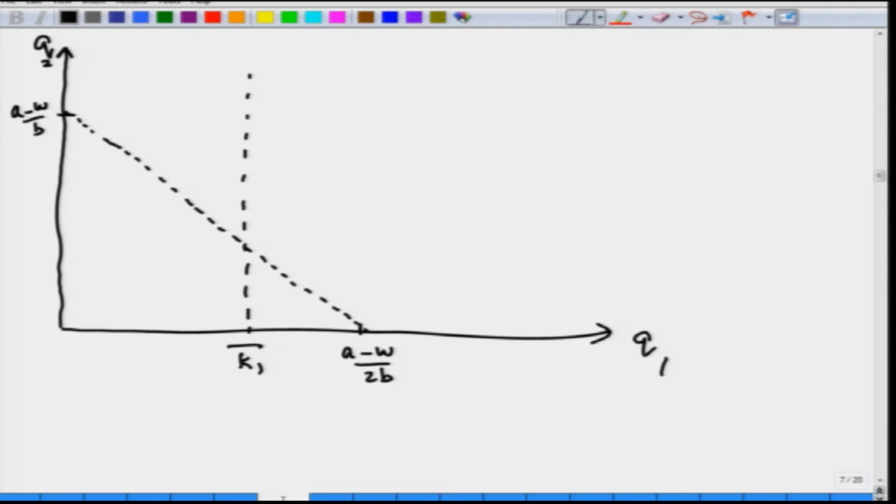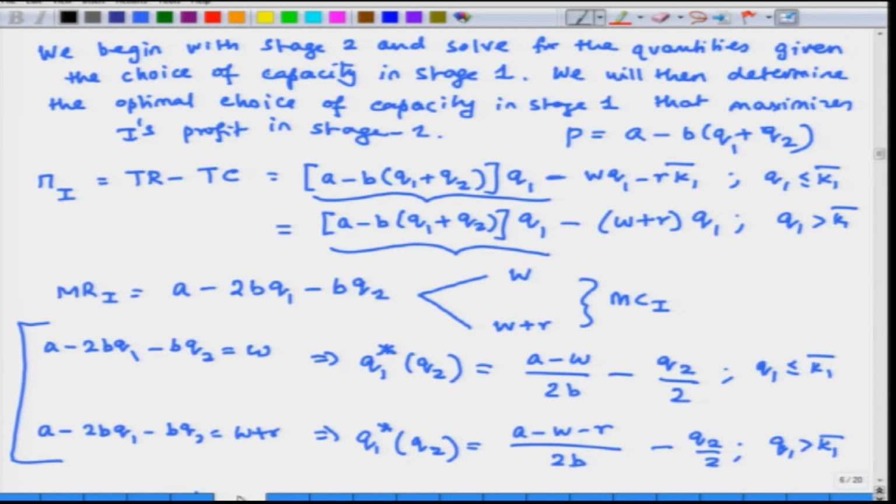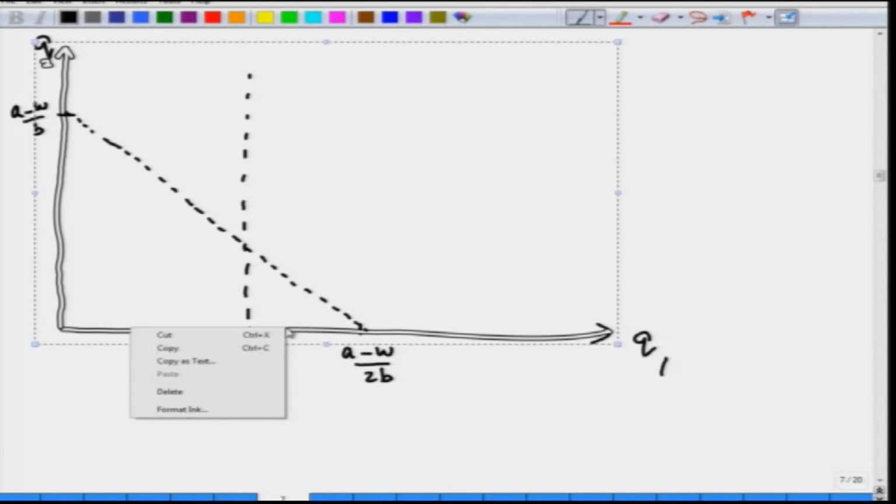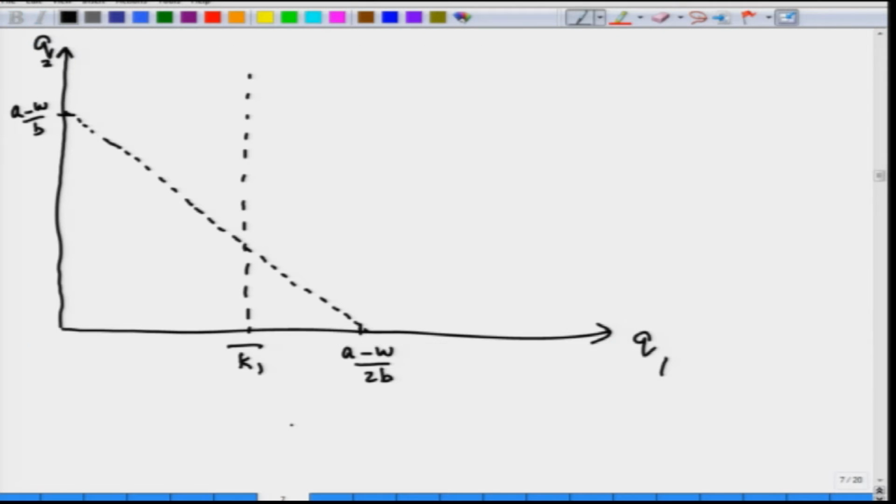Now, for Q1 which is greater than K1 bar, the second best response function is what we need to work with. Notice if Q2 is 0, the incumbent's output is the monopoly output, which is given by A minus W minus R divided by 2B. So, that is going to be somewhere here. So, that is going to be A minus